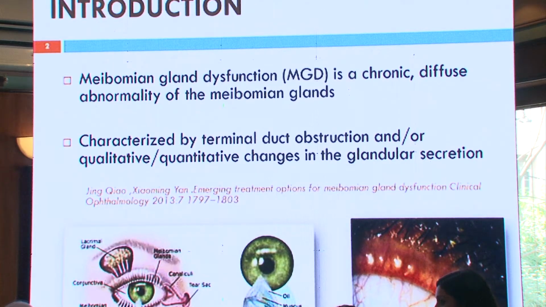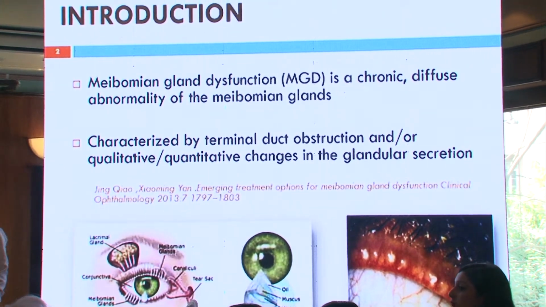Beginning with introduction, meibomian gland dysfunction is a chronic diffuse abnormality of the meibomian gland which is generally characterized by